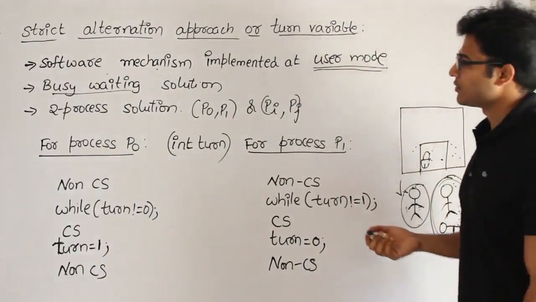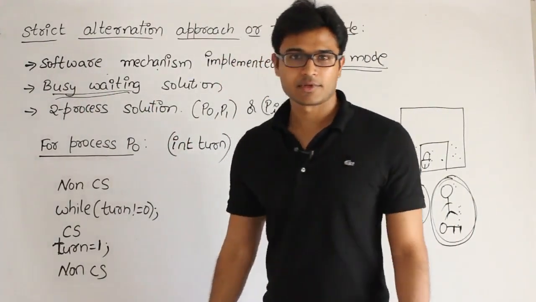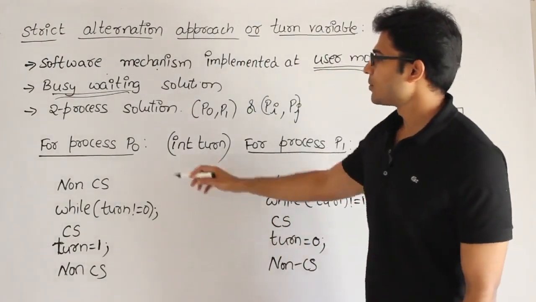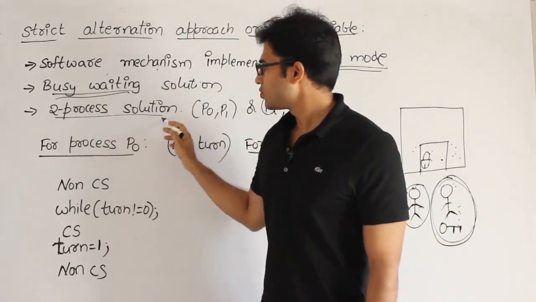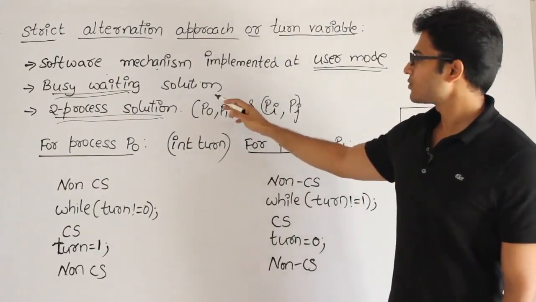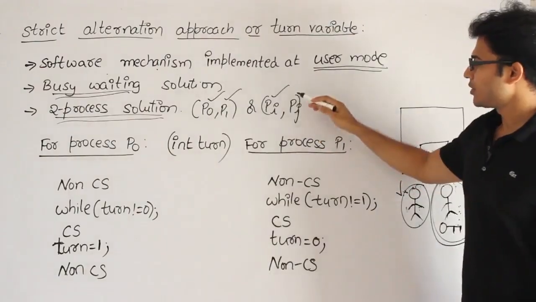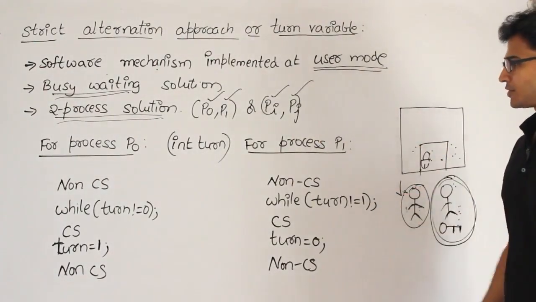Therefore it is a busy waiting solution, and obviously every busy waiting solution is going to waste CPU time, isn't it? And now it is a two process solution. It can be implemented only for two processes. It cannot be implemented for more than two processes, right? Either you can call the processes P0, P1, or you call them Pi, Pj. It is simply a two process solution,